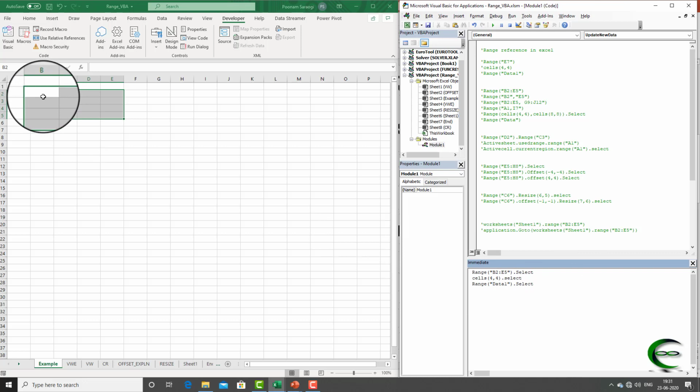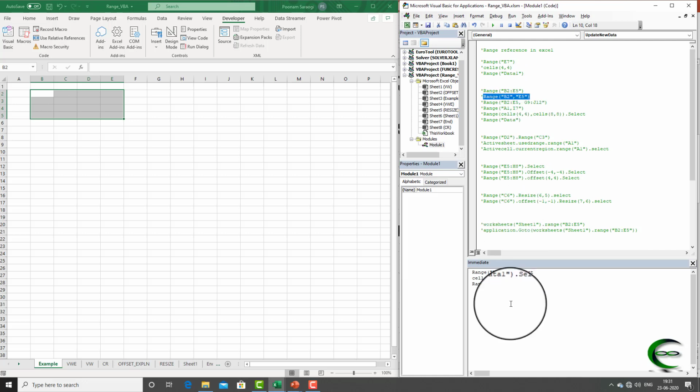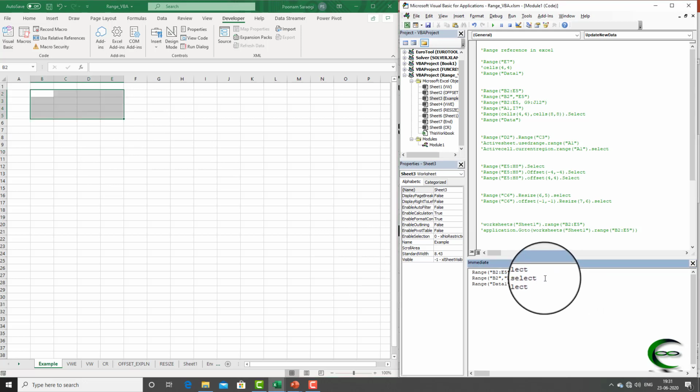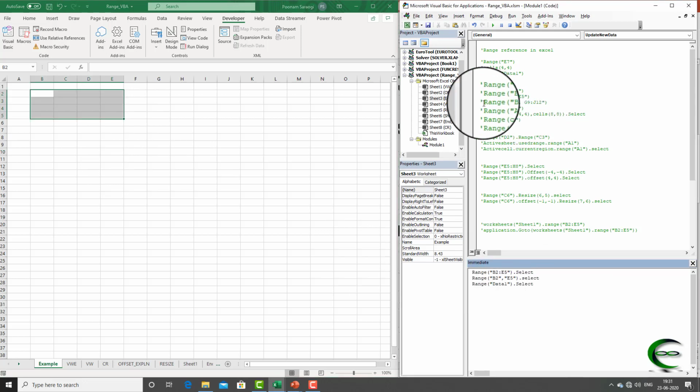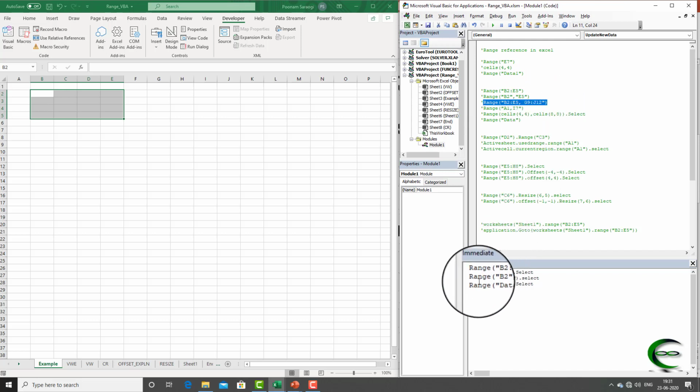Range B2 to E5 selected. We can mention it like this also. If you need to select multiple ranges, you can use this style.